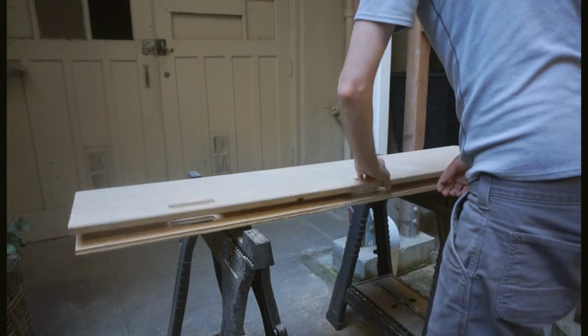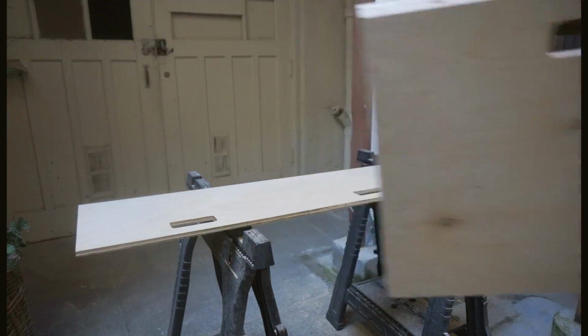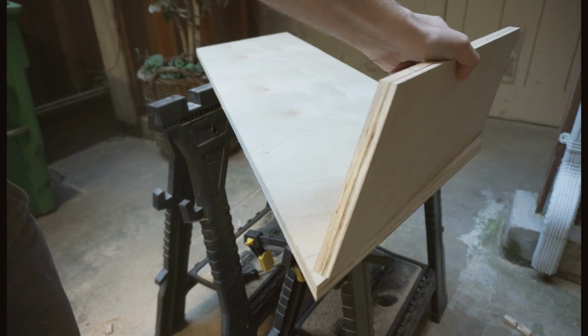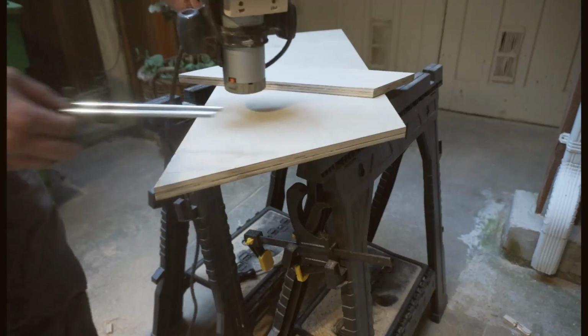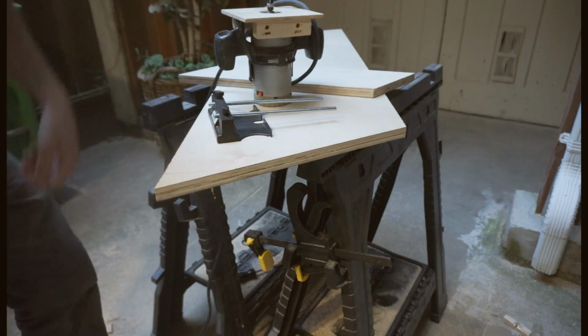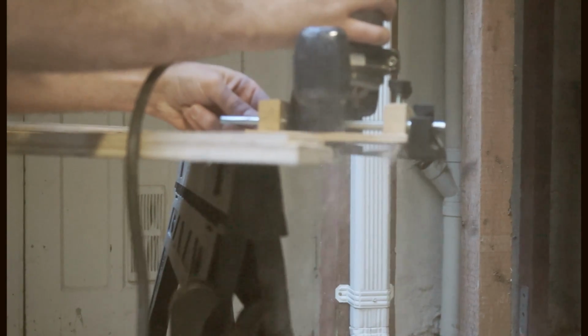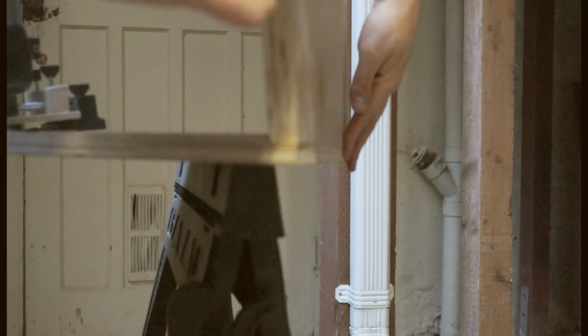Off camera, I've also cut out the wedge-shaped top shelf and keyboard tray supports, one of which I'm using here to mark out the rabbet in the sides that will accept the top shelf. And we'll use a fence on the router to make that an exact width. This rabbet should be exactly 3/4 inches wide and 1/4 inch deep, which will accept the top shelf and support